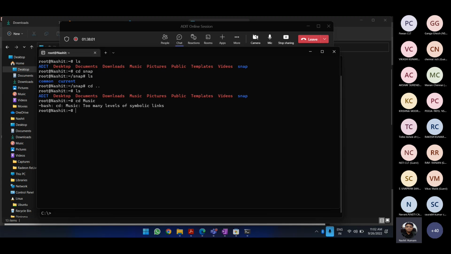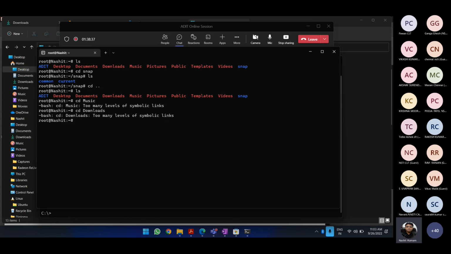Hmm, symbolic links won't work. Fine. So I'm not sure if anyone else will work, but we have created one folder where I can move in. So snap, which is a user folder, where I can move in. The rest of the folders, I believe I cannot move into. Let me check in case I can move into the downloads folder. Not sure, we won't be able to move into this downloads folder. So fine, let us work on the different folders that we already have.